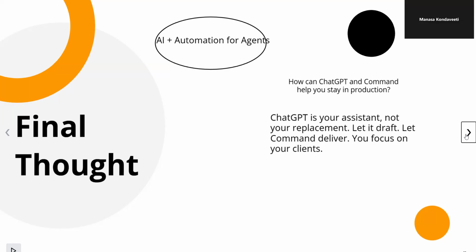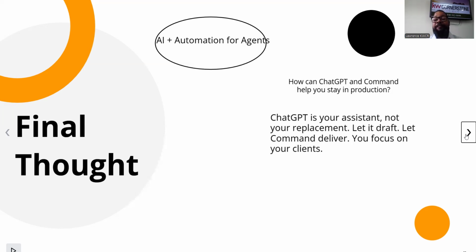So basically what it's saying is you let ChatGPT do all of your work, right? You let it do all of your small tasks. Anything that it can draft for you, you let it do it. Then you're going to use Command to deliver all of that content. You're going to use Command Smart Plans. You're going to use the social media calendar where you can schedule social media posts on your business page,